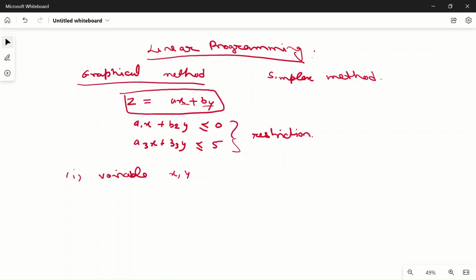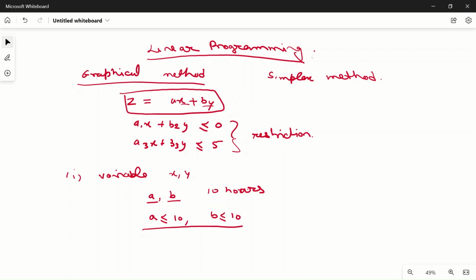Suppose it is given that there are two machines a and b, and you can use only 10 hours, either machine a or b. Machine a can be used only for 10 hours, machine b can be used for 10 hours. Then a is less than or equal to 10, b is less than or equal to 10. You have to find the restrictions,